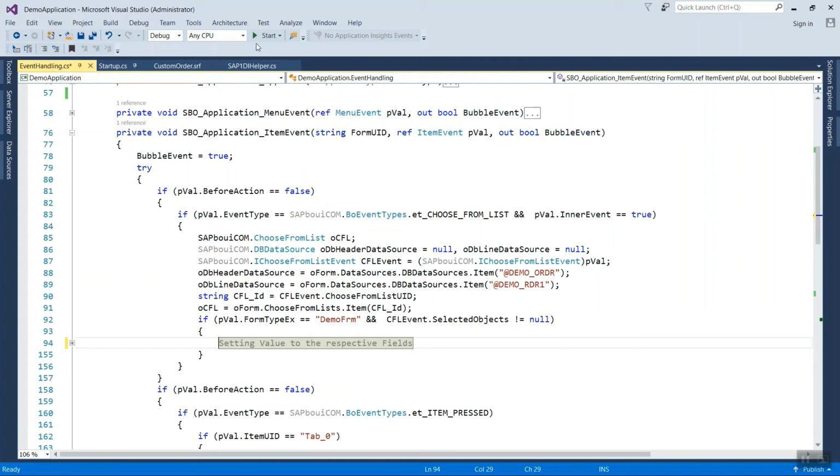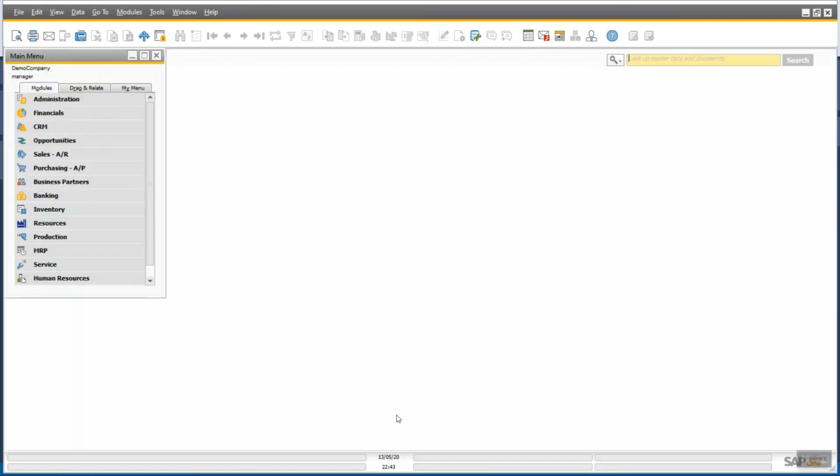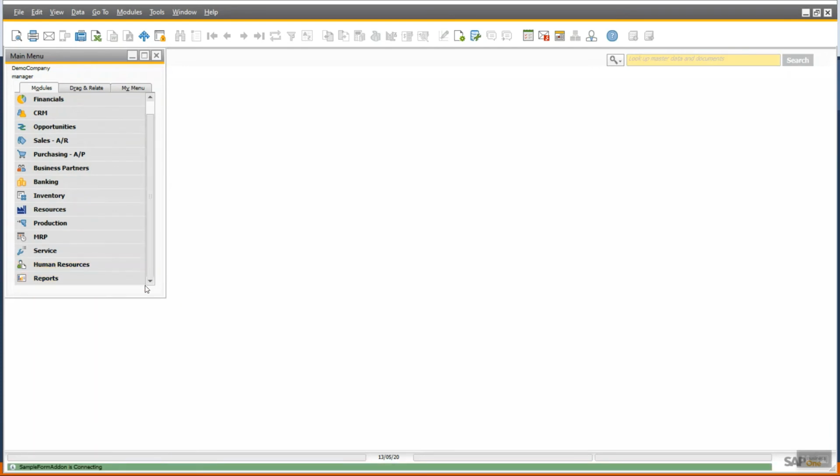So let me run this application and show you whether it is working or not. Coming to SAP Business One, the application is being connected.